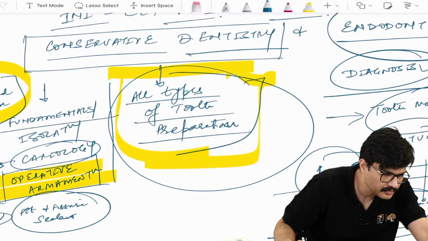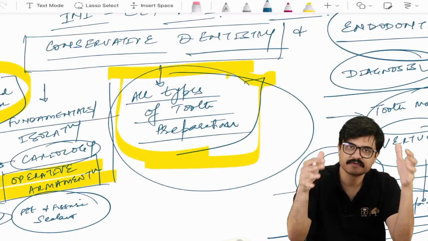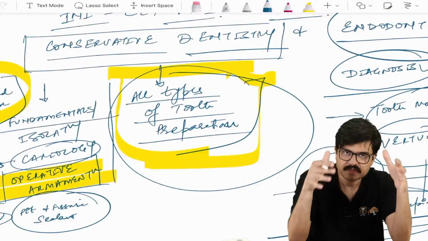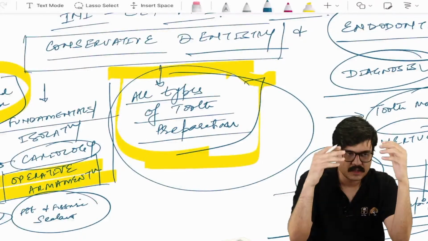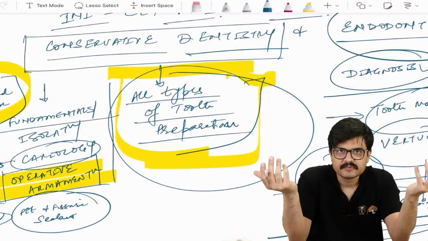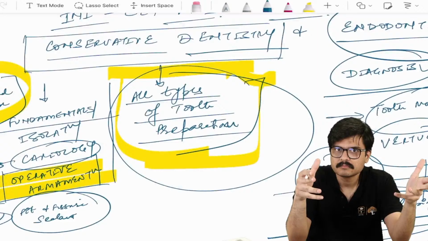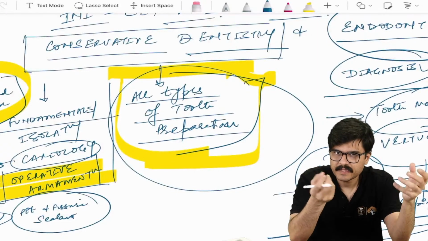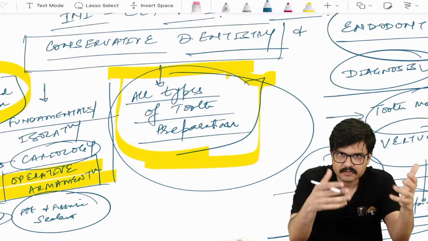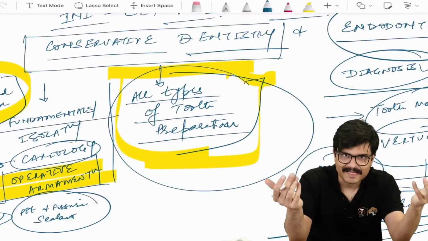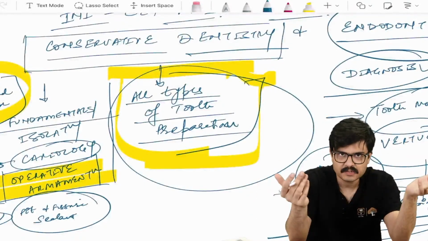You don't just read to see. You have to refer to the textbook, guys. For example, how do you bypass a ledge? Big controversy going on there. Is it 3 to 4 mm bending of the end of the file tip, or is it 1 to 2 mm, or is it 2 to 3 mm? At what angle? Is it 45 degrees? Is it a distinct curve?